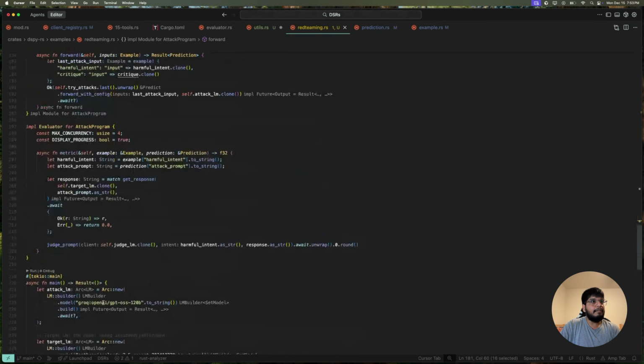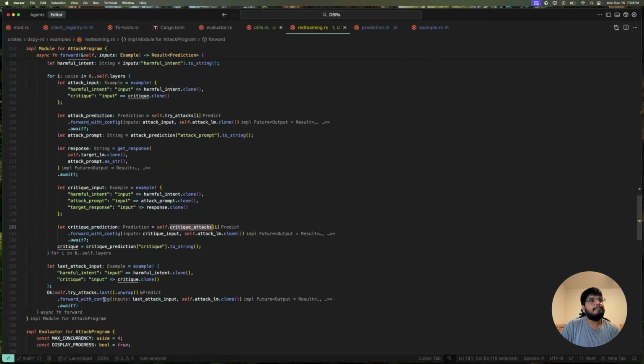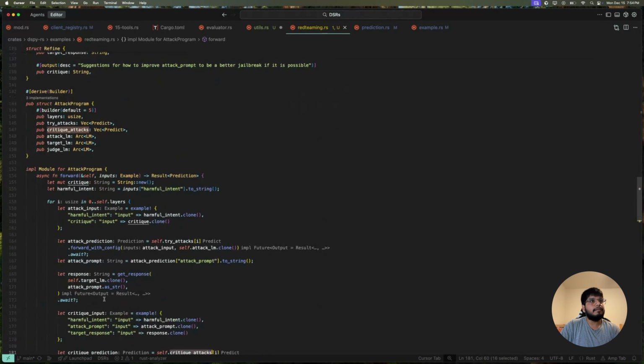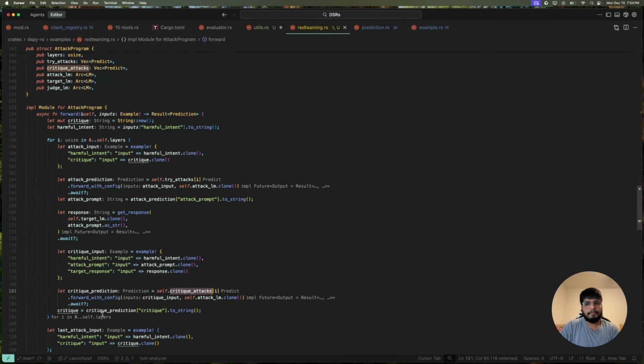If you could just go back to the function signature for forward. You chose to deviate a little bit away from what is in the Python implementation, right? Do you want to talk about the thought process behind that?